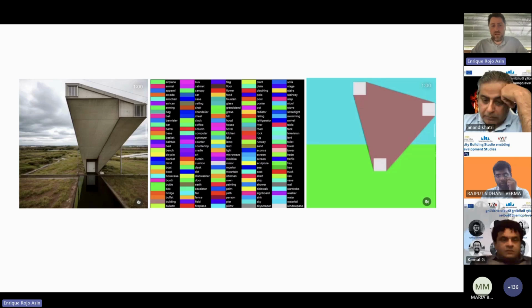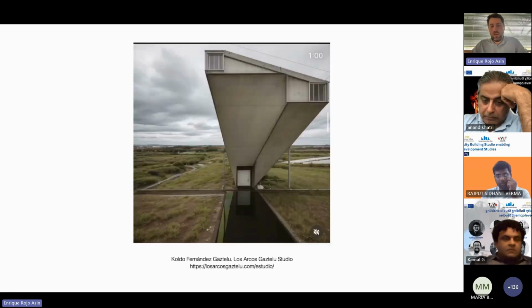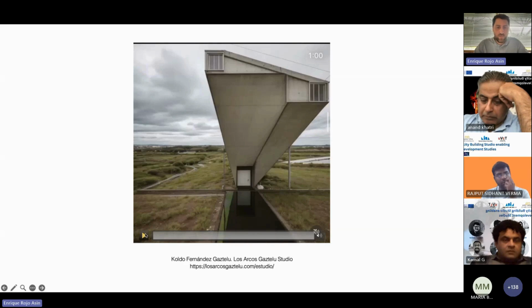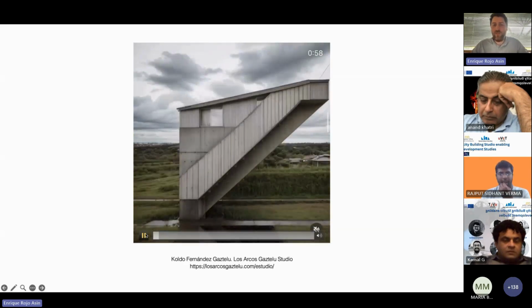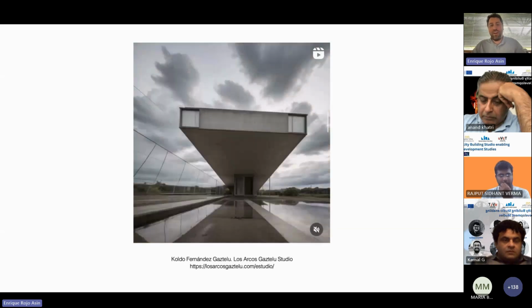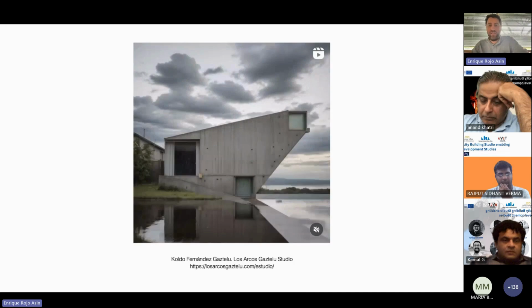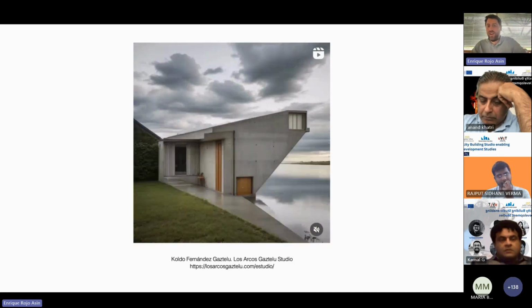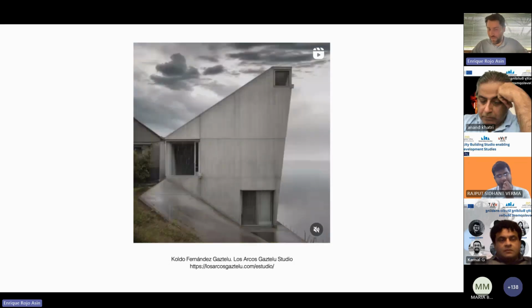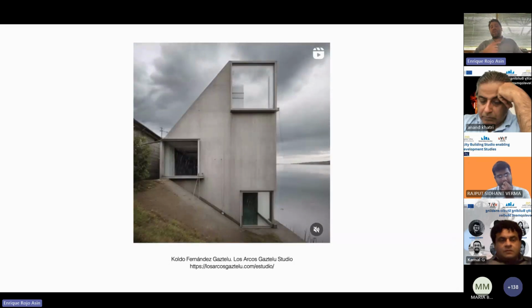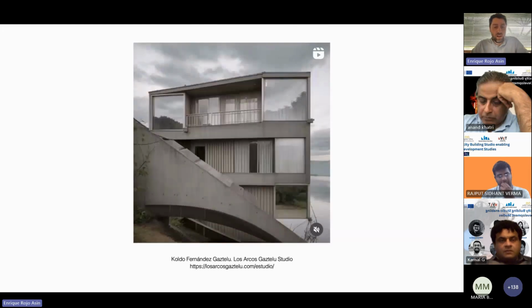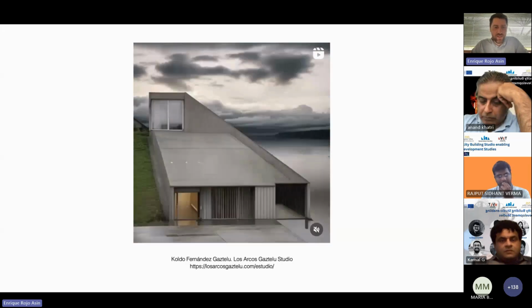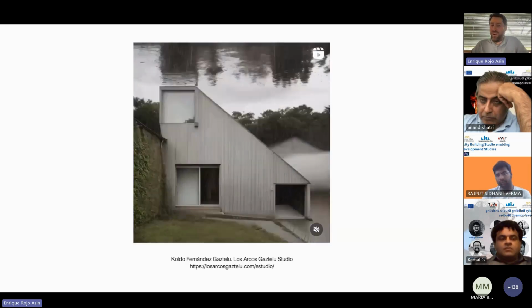But for now, for example, this example is from a Spanish architect called Fernando Castelo, who is also dealing with how to generate images with this segmentation. So you can see this form, and suddenly how it evolves when you move it, and you can still realize that you have these three boxes that are moving around, and how that makes the building evolve. So that's why I think this has a lot of potential, and I'm looking forward to how these new techniques develop.